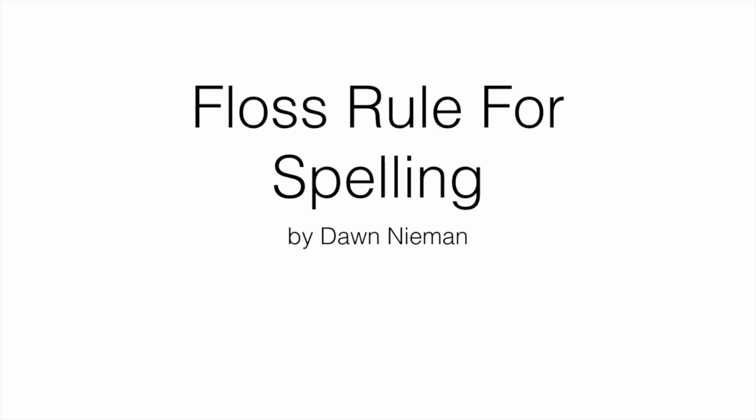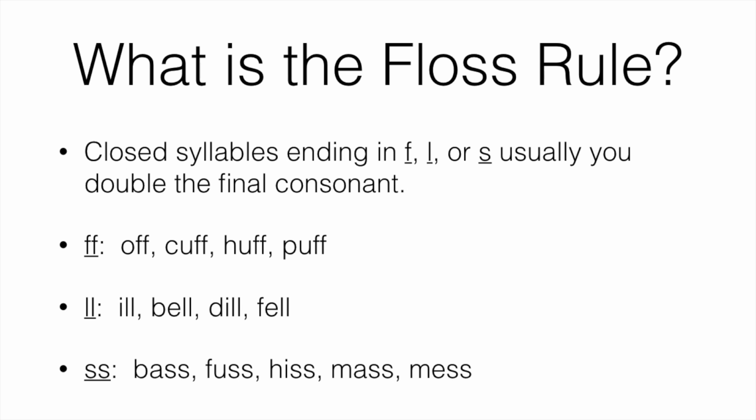So the rule that we are going to work on today is the floss rule for spelling. And before you can do the floss rule, you need to know what a closed syllable is. So you need to know that closed syllables end with consonants and the vowels say their sound instead of their long name. But in particular, the floss rule takes into consideration words that end with the letters F, L, or